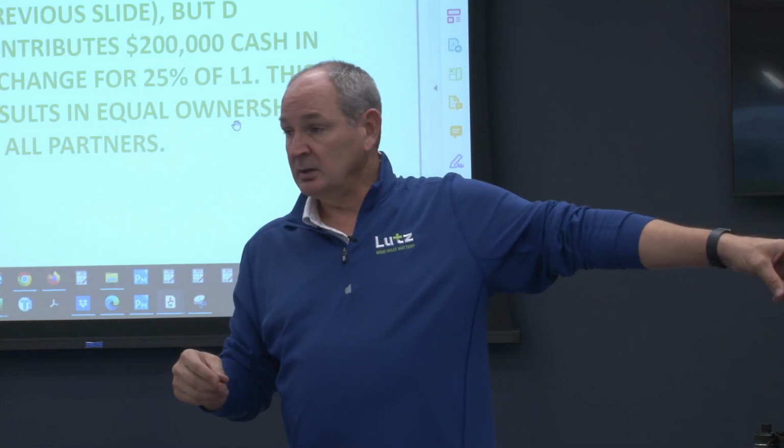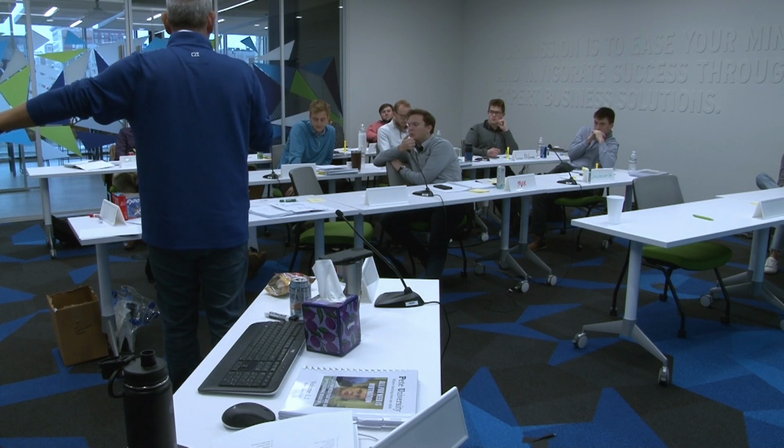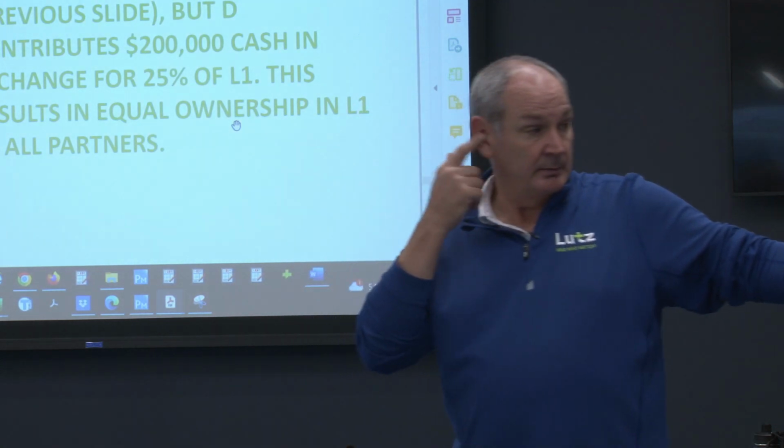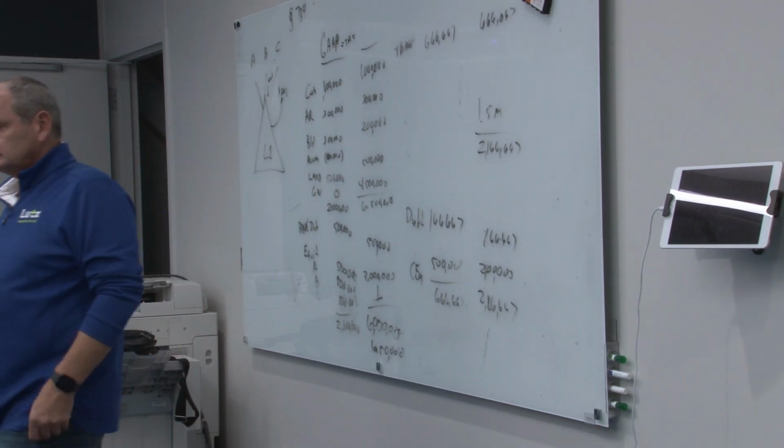Who bought out C here? Outside person. Outside person, also known as Sam. Sorry, Sam. That's okay. So Sam has a step up of 1.5 million. So that step up of 1.5 million,